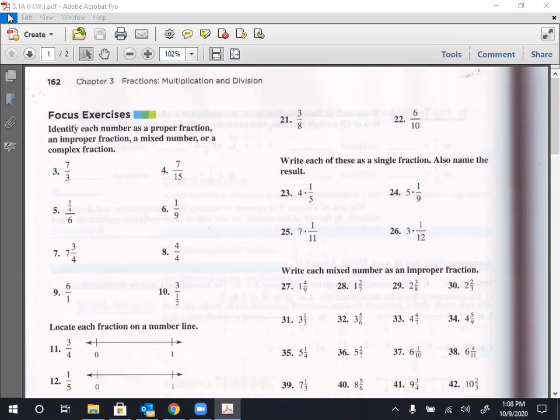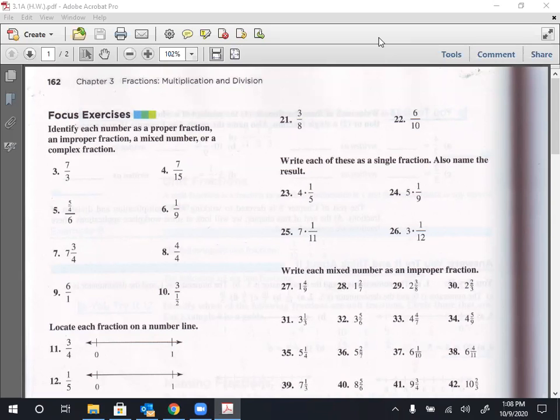23 is really 4 over 1 times 1 over 5. That's really what that means, 4 over 1 times 1 over 5. So that's not a single fraction. The way you write those kinds of problems as a single fraction is,